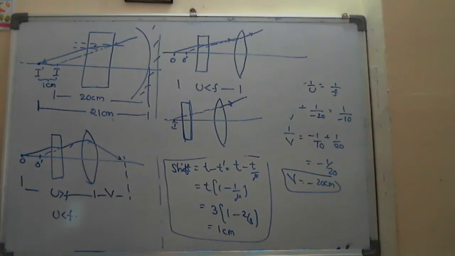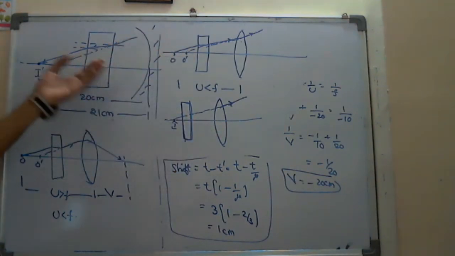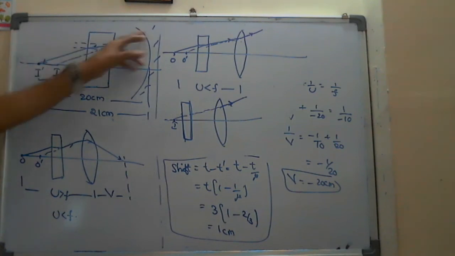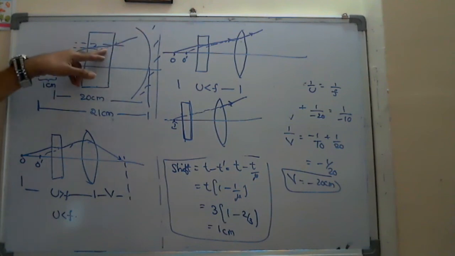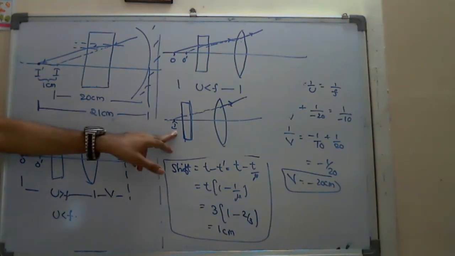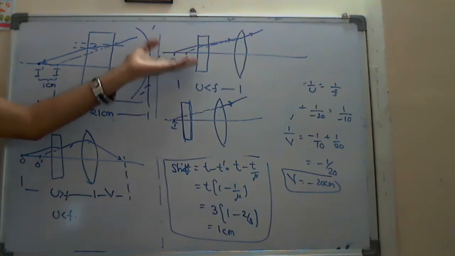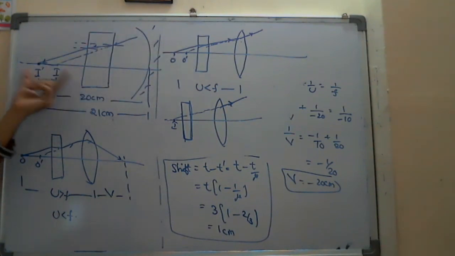This is the case of a convex lens, and previously it was the case of a concave lens. Previously I had to find out I dash, because after refraction the light ray really passes through the glass slab, is refracted, and finally a real image is formed at I dash. But here it is not a real image, it is a virtual image. That is the problem. That's why while solving the problem, try to find out whether the final object distance is greater than f or less than f. Luckily in IIT also he gave the object distance as greater than the focal length. That's why what we did here is correct.